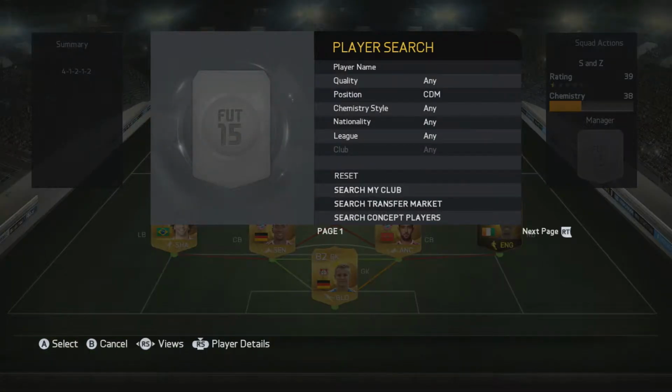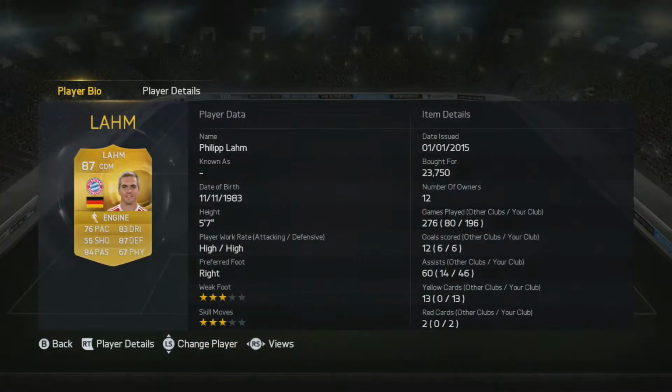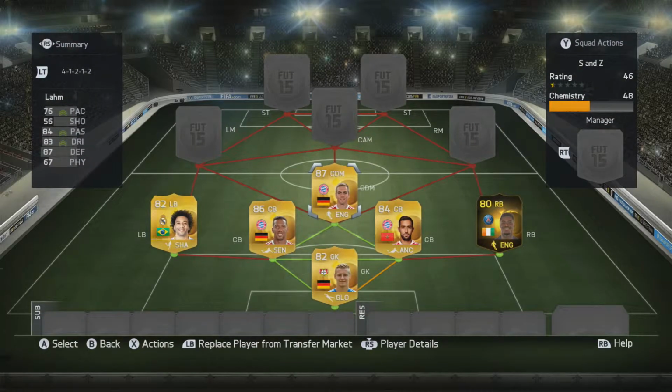Anyway, at CDM we're going to have Philipp Lahm, my favorite central defensive mid on this game. Played almost 200 games with this man. High work rates, 5'7" is not the best, but that does not hinder him in the slightest. 76 pace, 87 defending, 83 dribbling, and 84 passing. He's so good at intercepting the ball and then just playing it out to the rest of the players, or to the attackers here,